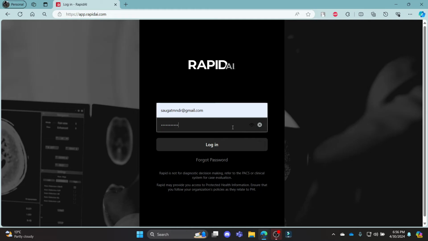If you want to clear this, go ahead and click on this cross button and whatever you had written will be cleared. You can hide or unhide the password by clicking on this eye icon,